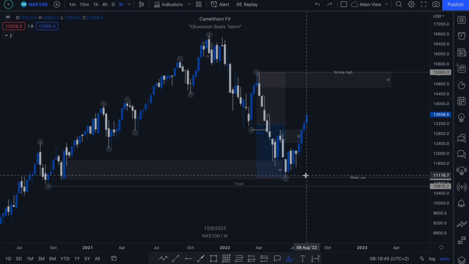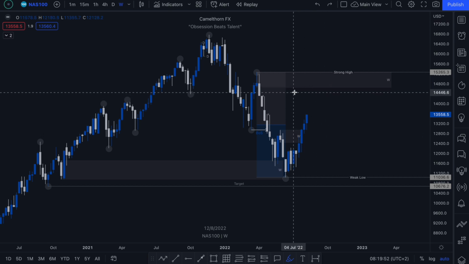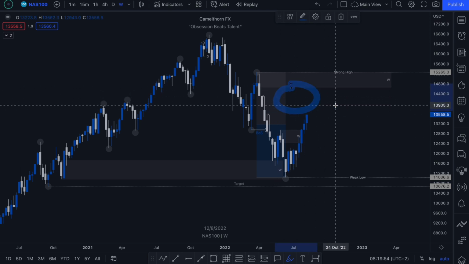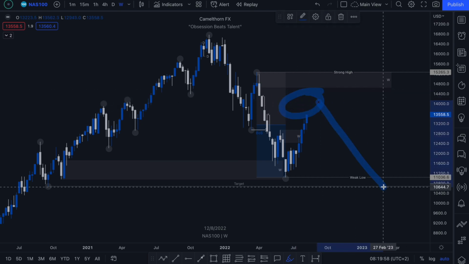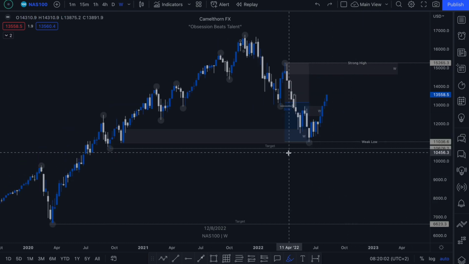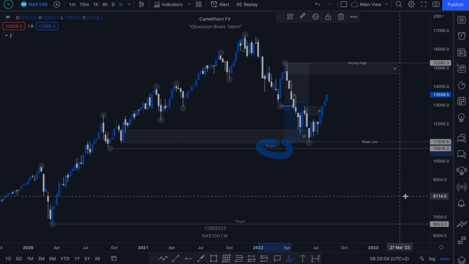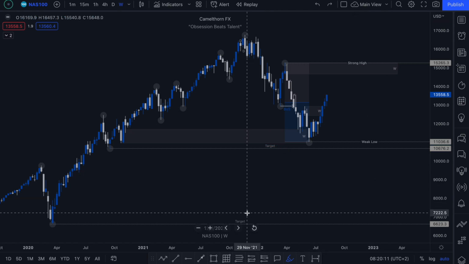And purely from a technical analysis point of view, now that price action has traded into premium pricing, we can anticipate it to potentially mitigate something in here before rolling over. Remember, we have 2 targets that we've marked out. We have this initial target down here, which sits just below our week low at 10676.2, and then at a more extreme level we have another sell target down here at